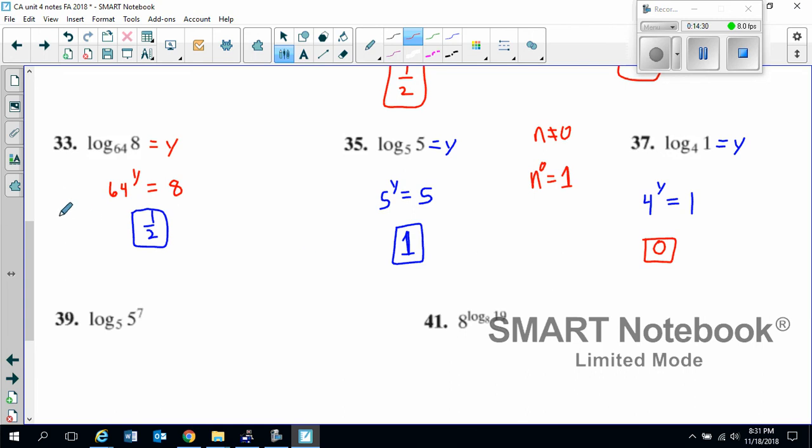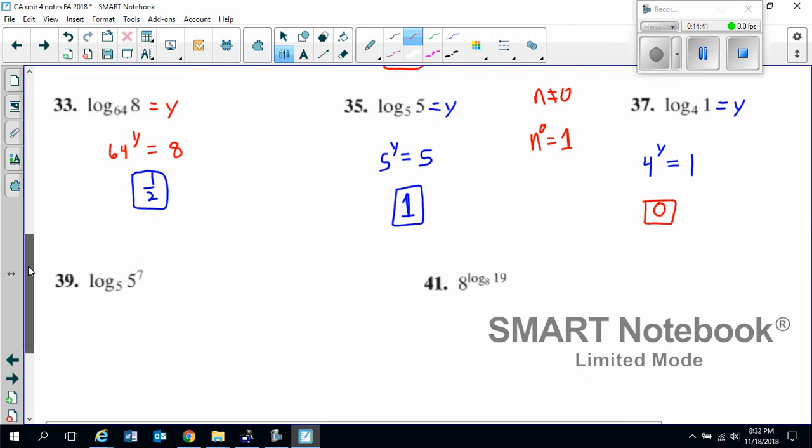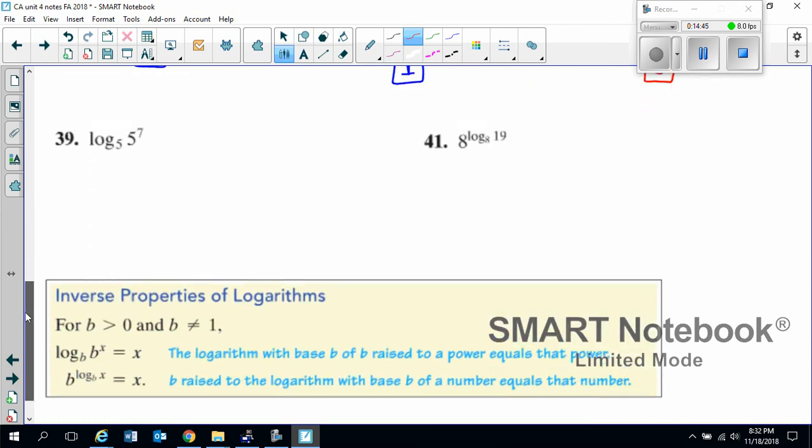There you go. These last two are going to be, the first one's probably not too tricky, but the very last one's a little tricky. And we actually have a property for it that we can look at down below right here. But first, I just want to show you, let's say I didn't know the property. So once again, I could just say, I don't know, this equals y, right? So you take